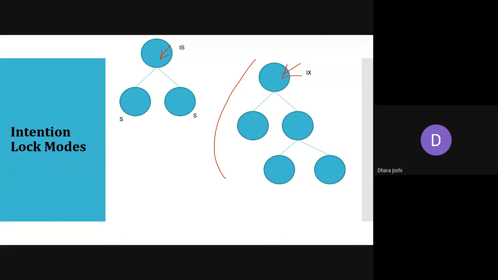By default, its two children are to be locked either in shared mode or in exclusive mode. And if this node is in exclusive mode, then by default their children are also locked.